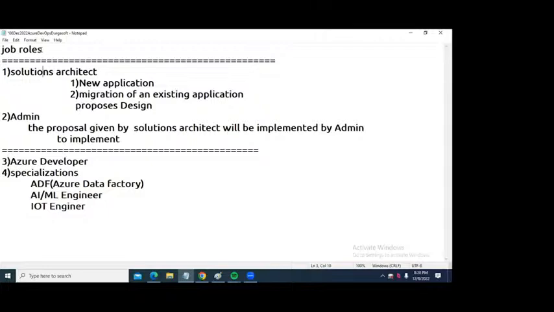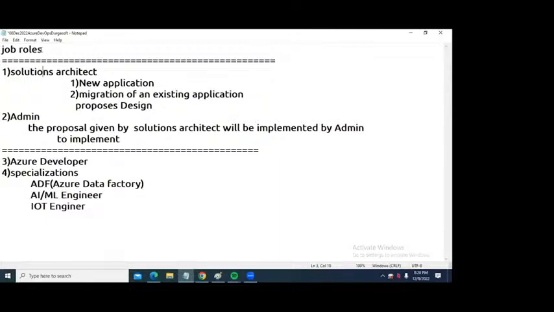He is going to propose everything and draw one design document. As a solutions architect, he has to know each and every corner scenario of Azure cloud: pricing, storage, memory, load balancers, databases, everything.